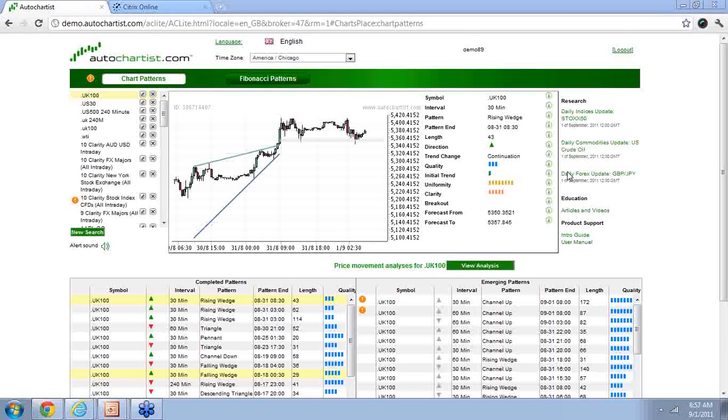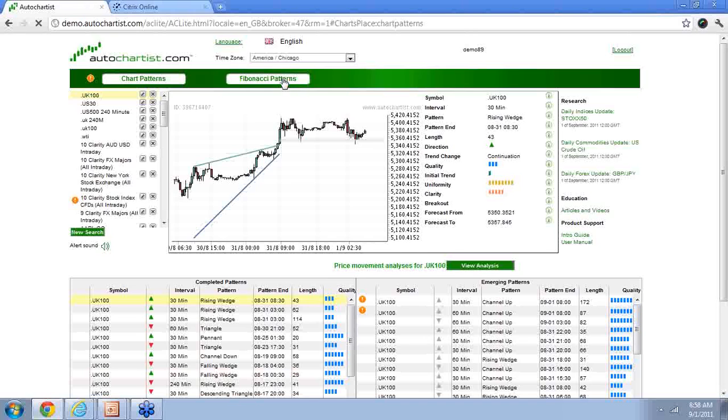Let's see, where do I get it? What's the cost? You go to autochartist.com and you can see information on there, Pete. That should help you out. And which Fibonacci pattern does it use? I like Gartley 222. I don't know the exact formulas that they use, but if you go into